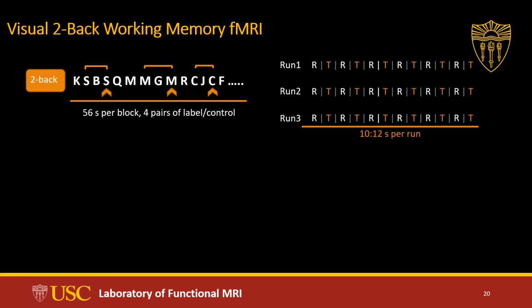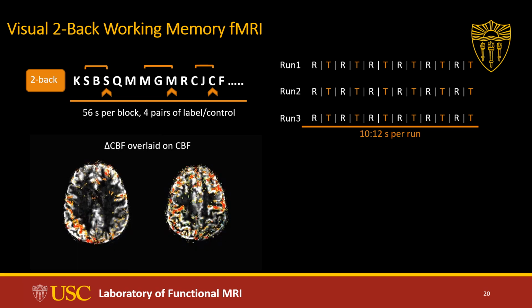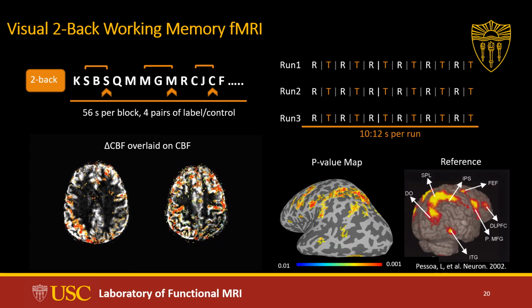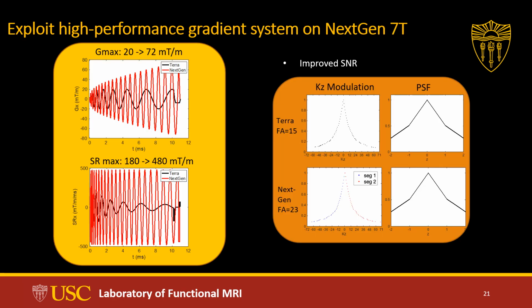With the improved temporal resolution, we tried some functional MRI, like visual two-back working memory task. The CBF difference between task and rest shows the activation in brain areas, and we got a p-value map, which well matched the literature. Another benefit of faster gradient and fewer spirals is that we can add additional segments along z direction,